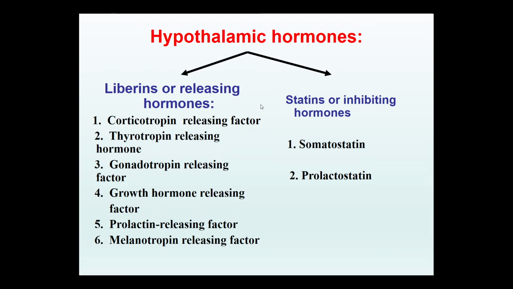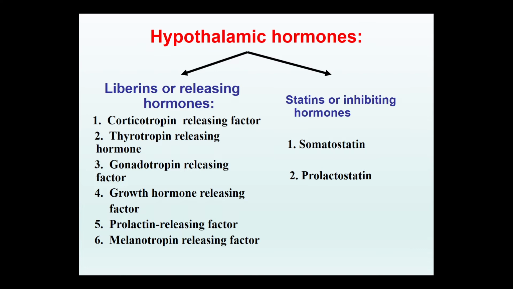Liberins, or releasing hormones, which stimulate the release of the corresponding trophic hormones from the anterior pituitary. And here you can see corticotropin releasing hormone, one more name of which is corticoliberin, which increases production of corticotropin in the anterior pituitary. Thyrotropin releasing hormone stimulates the release of thyrotropin, or thyroid stimulating hormone, from the front of the pituitary gland. One interesting aspect about thyroid